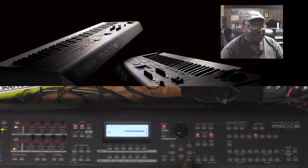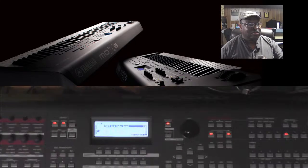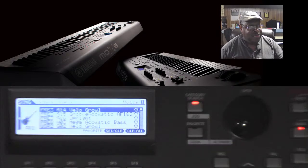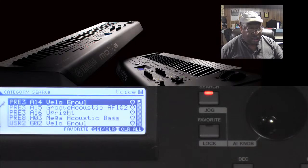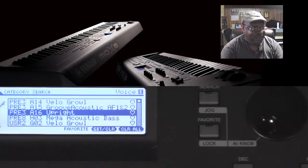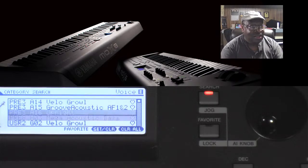I'll make sure you get a view of what I'm doing. I hit enter, so that every bass sound the keyboard has is displayed for me. And then I pick from whichever one I want to use. And there are many. Each time you scroll down, you get a different sound. As I say, I've got my favorites: upright, mega acoustic,